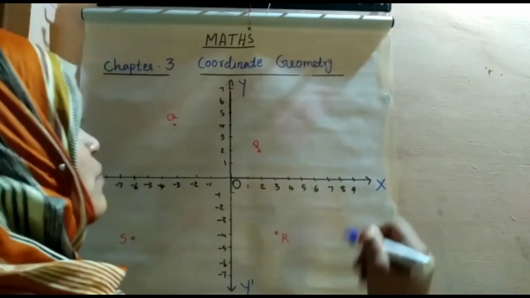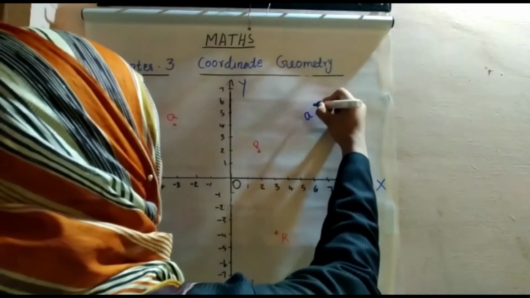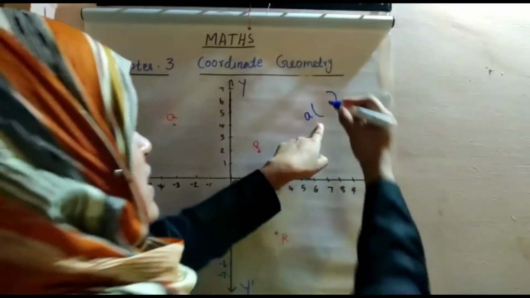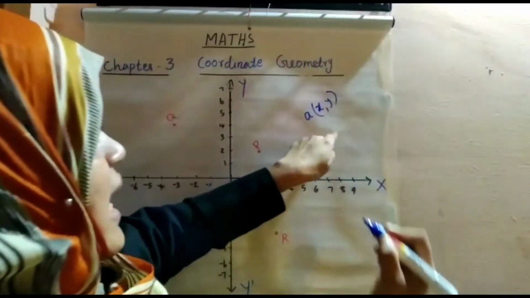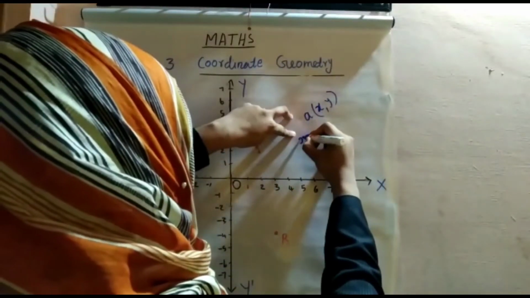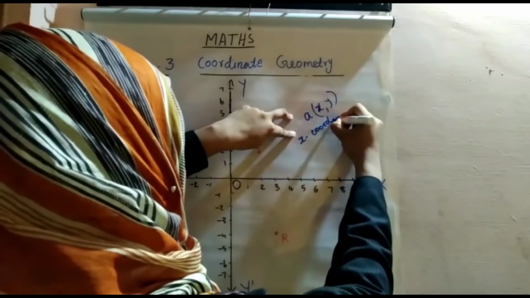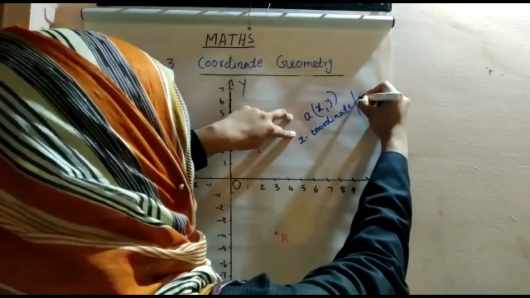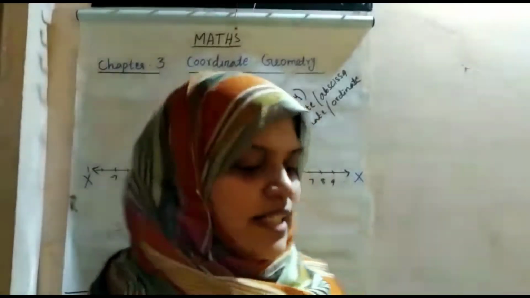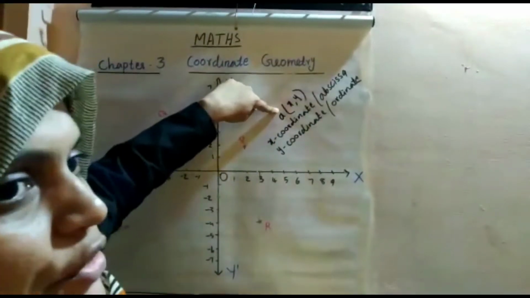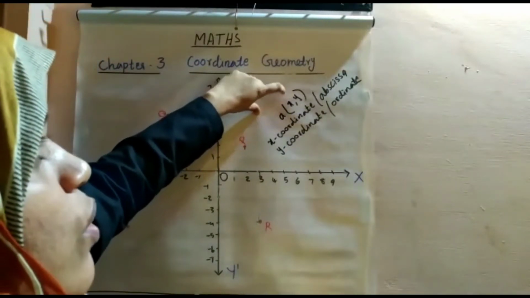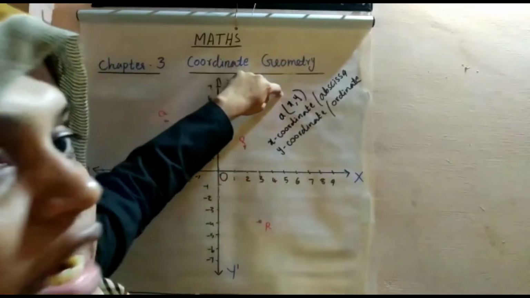Okay, before that, suppose A is a point in this Cartesian plane, then it has two values, one x value and y value, and this x value is called x coordinate, or abscissa. Okay, dear students, so we need to plot a point A in this Cartesian plane, then it has x value and a y value, an ordered pair. Okay, we will call this ordered pair. Why?